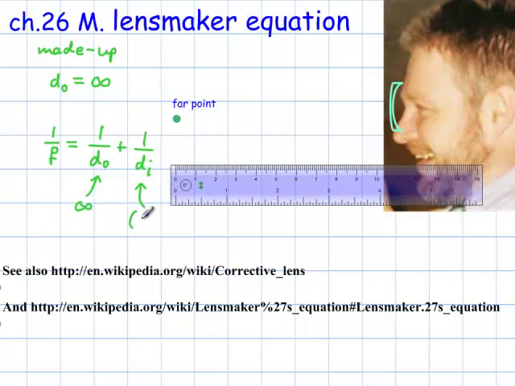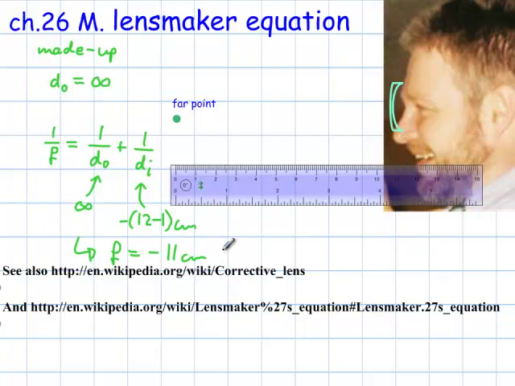So 12 minus 1 centimeters, and since it's a virtual image, that needs to be a negative. And then what you see here with this particular fraction, 1 divided by infinity, is virtually 0, and that means it's pretty much 1 over f equals 1 over di, which means the focal length is the same as the image distance. So it follows that the focal length that my corrective eyeglasses would need would have to be negative 11 centimeters,